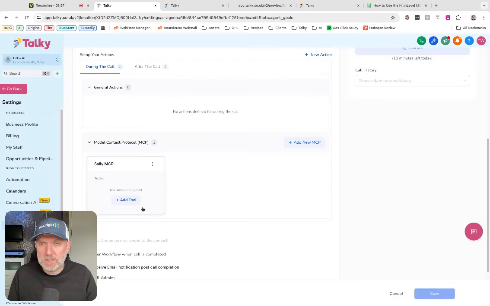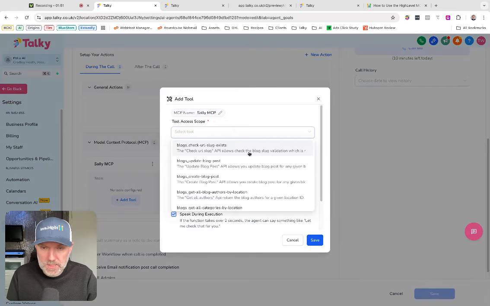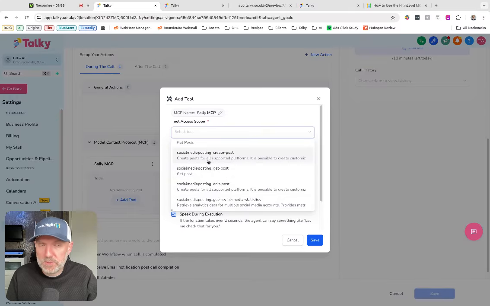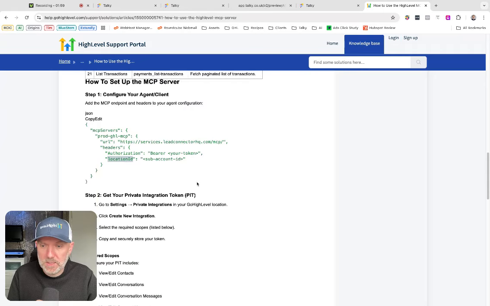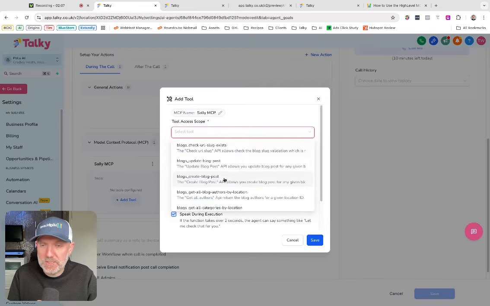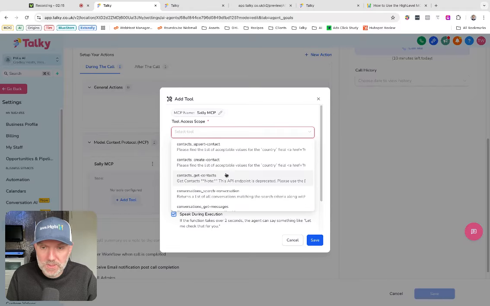So we've connected it. Now we need to give it the tools to be able to perform certain features. If I click add tool, it says which scope am I looking to access. Now look, it does reference blogs here, and if we scroll to the bottom, it references social media posting. Now there aren't scopes here, and I have tested it and it doesn't work. So this must just be a coming soon, the ability to create blog posts and social media posts using the MCP. At the minute, it's not quite possible, but we can do other things based upon the scopes that we've given it,